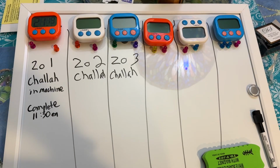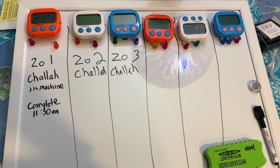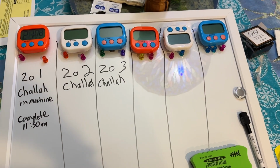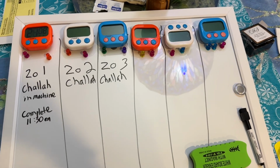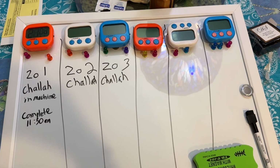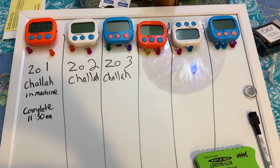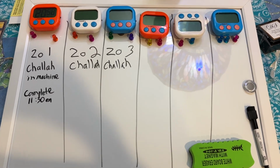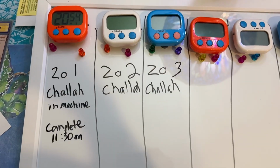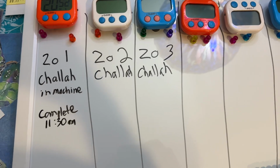So this is my brainchild for organization when I'm using multiple bread machines and have multiple ovens rising, baking, because I have a double oven plus a countertop oven, so it can drive me a little crazy when I don't know what's what. So I bought an inexpensive whiteboard, and I bought these cheapo timers, put batteries in them, and